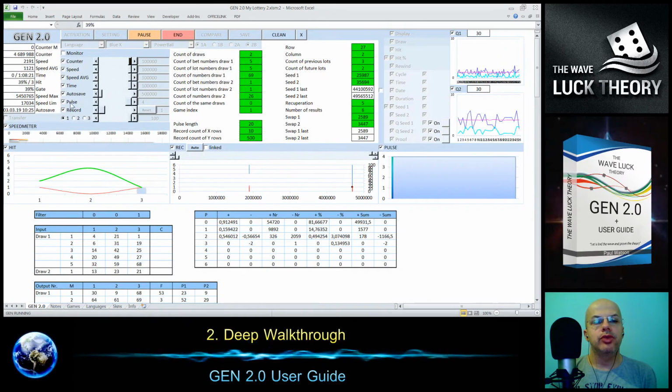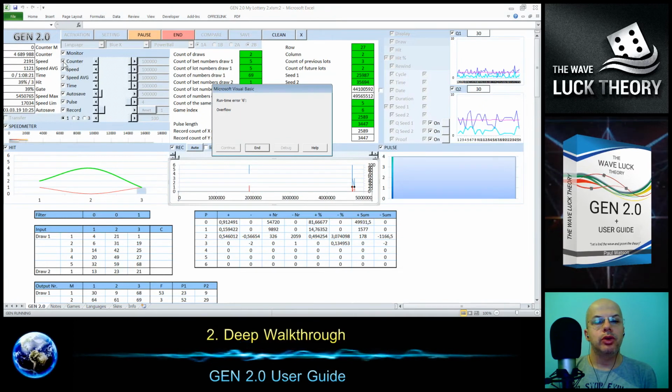and that is switched off. We have the autosave. It was saved at 10 o'clock 25 minutes. The duration at this moment is more than 1 hour. And what I am doing here now is switched off. So I switch it on.